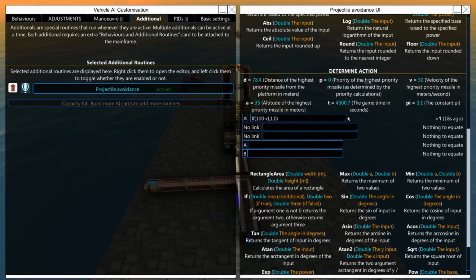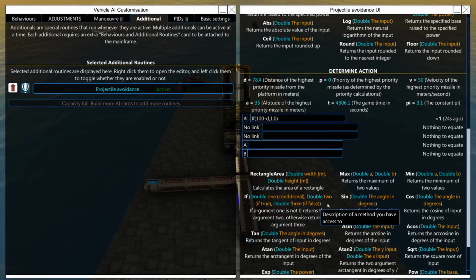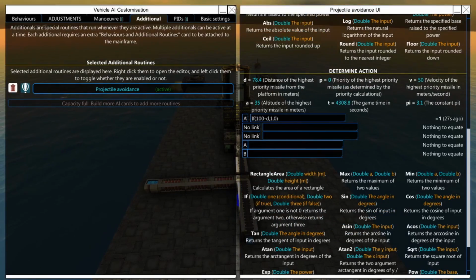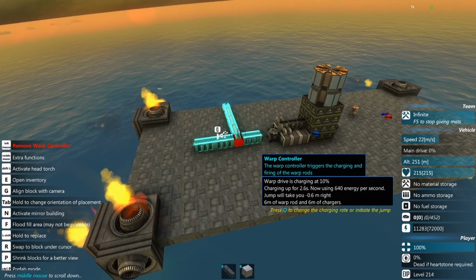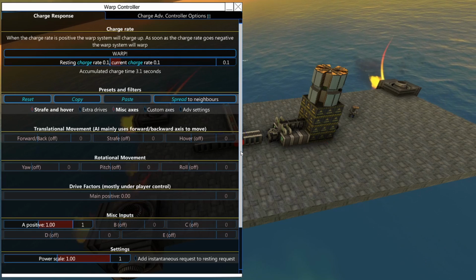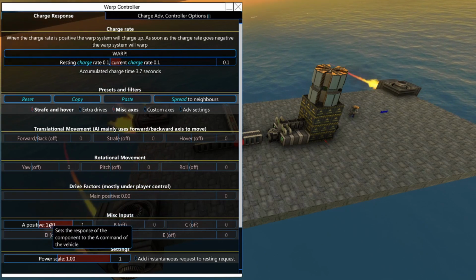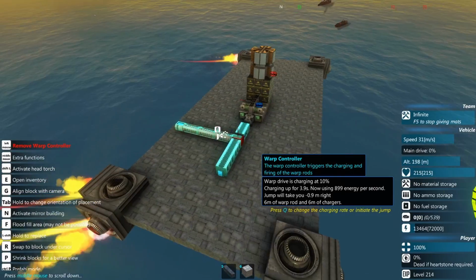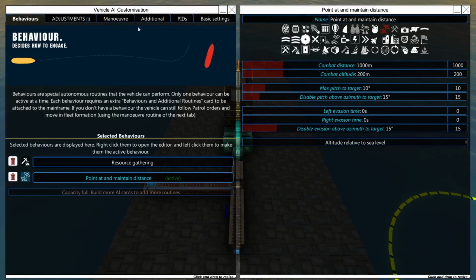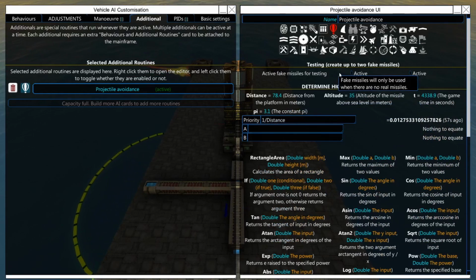So in this action down here, another thing that we can do is output to these miscellaneous axes, and this is super useful. I'm going to set this to A here, and I've built a little warp controller down here. Haven't really talked about these. They're not really a primary movement mechanic. It's very hard to use these for actual normal movement. So what this is capable of doing, I've set this up with the A positive miscellaneous input. What I'm going to do here is go into the additional tab and output an A miscellaneous axis control request if I have a missile within a specific area. What this lets me do, then, if I have a missile that shows up,